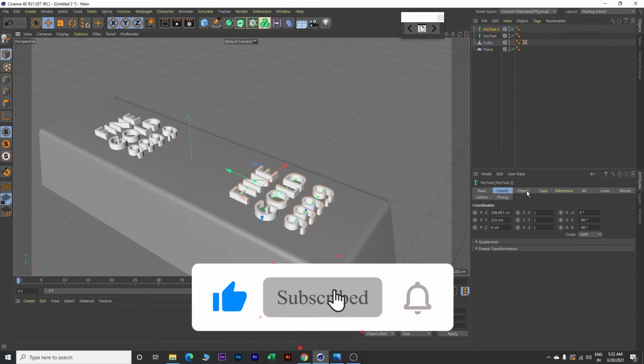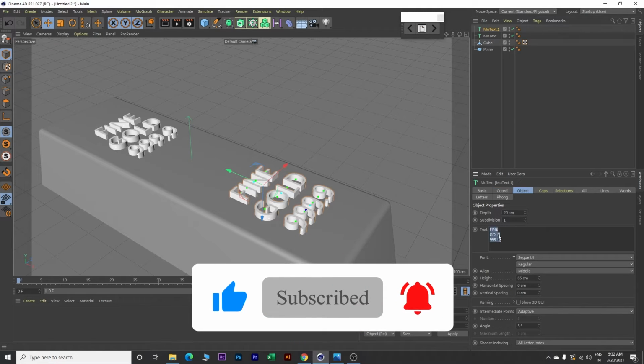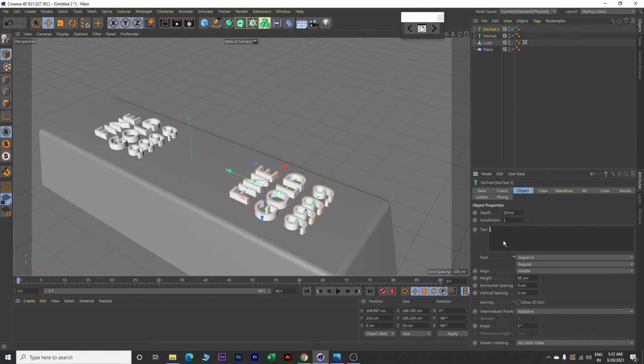Now click on this object over here and change this text value, delete it and type net weight 1000 gram. Perfect. Change this height to 30 centimeter and then come over here and move it a little bit downward.